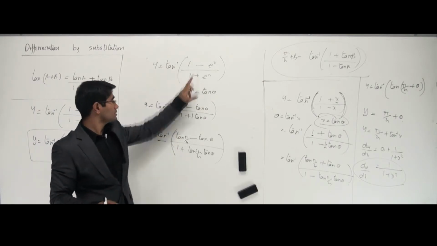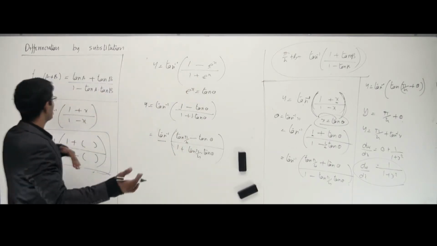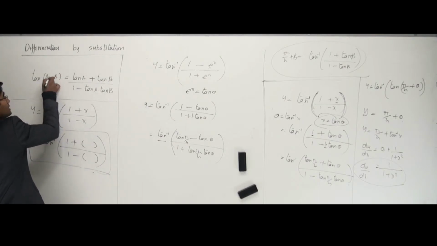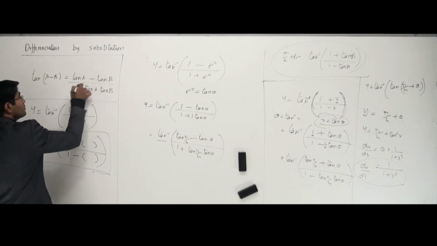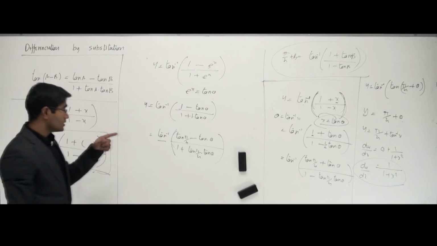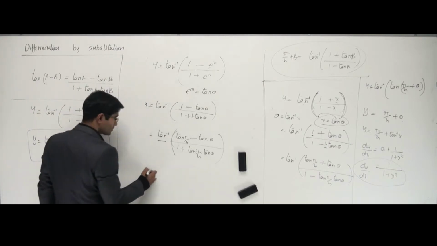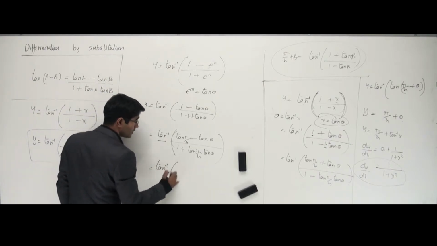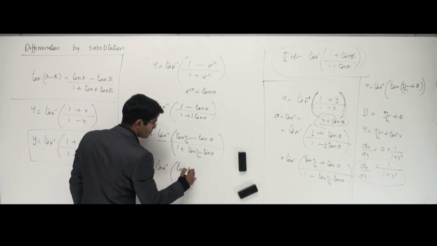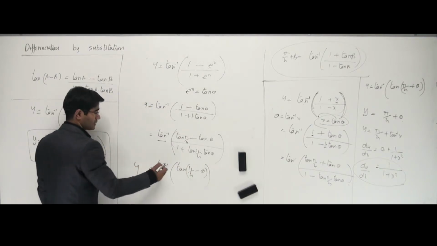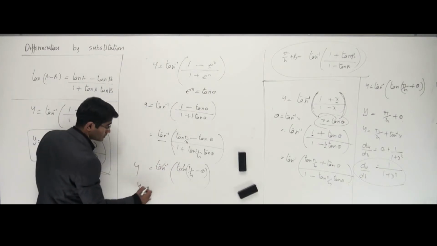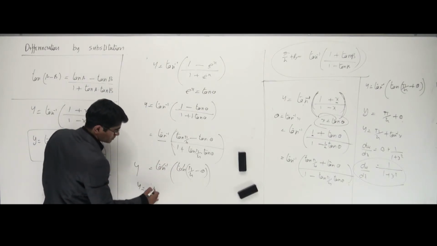So if this is a minus, let it be a minus, not a problem. I have another formula which is tan a minus b is tan a minus tan b, 1 plus tan a tan b. That's it, correct? So this guy looks more like this formula. Now what happens to this? Tan inverse of, I can see this is tan of pi by 4 minus theta. So now can I cancel this? Yes, I can cancel it off, and y is equal to, I know tan inverse cancels, pi by 4